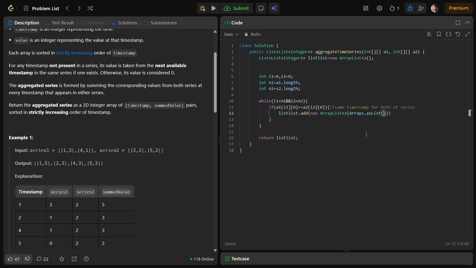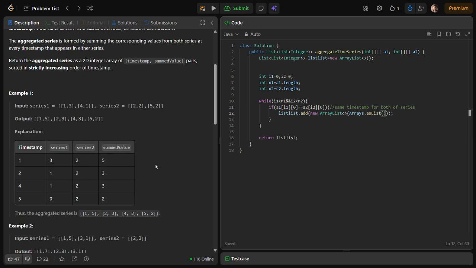I am calling this inbuilt method of Java so I don't have to create a separate list. I have only reduced the syntax, nothing else. You can also create a separate array list, then add it to this main list. Since I have reduced the syntax, I am using this approach. You can prefer the manual approach as well.